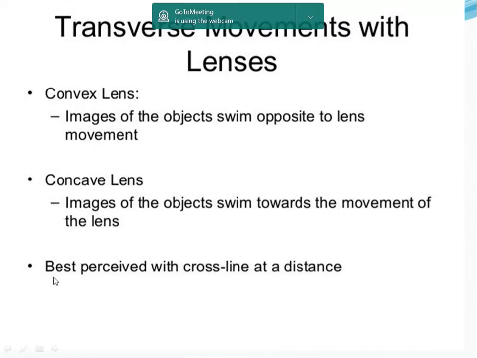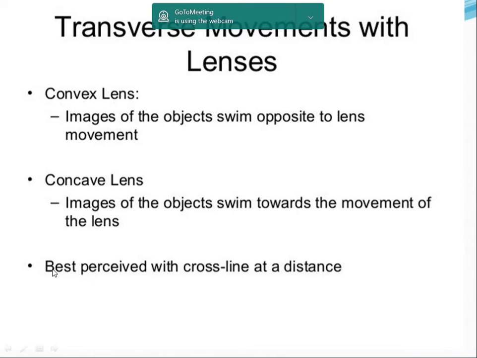Understood? So this movement can be best perceived when you see a cross, or you can also see a particular alphabet or a calendar. It's very easy to make out the movement when you see these things. If you see a fan or a tree, then it is not so easy. So the best thing for you to do in the exam is to hold the lens. Whenever they give you a lens, pick the lens up. First, keep the lens very close to your eye, okay? And then start moving the lens in two directions.